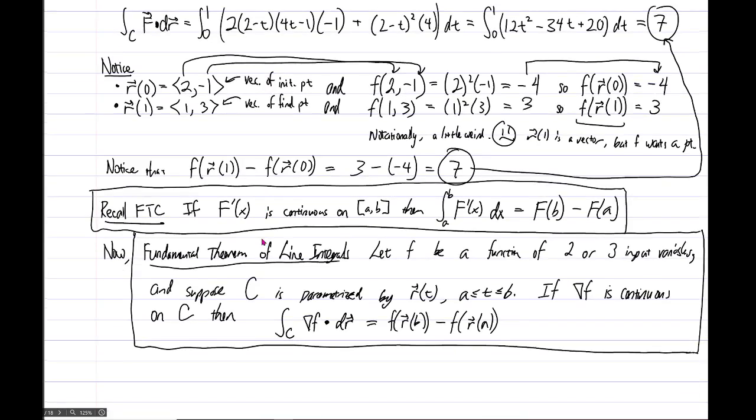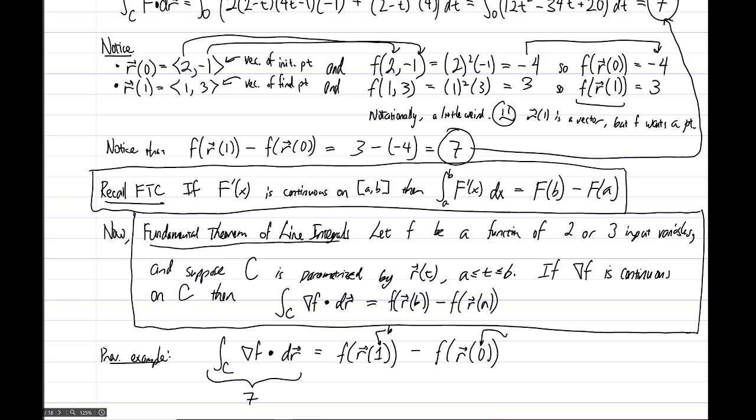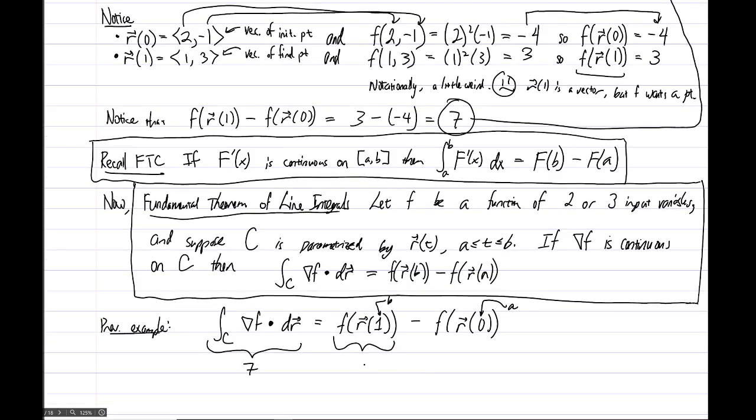And the point is, in our previous example, we see an example of this theorem at work. So we have the integral over C of the gradient of f dot dr. In our example, this was the number positive 7, and we had f of vector r of 1, so the 1 is b, minus f of r of 0, and our 0 here is a. This entire thing, f of r of 1, was in our example the number 3, and f of r of 0 was in our example the number